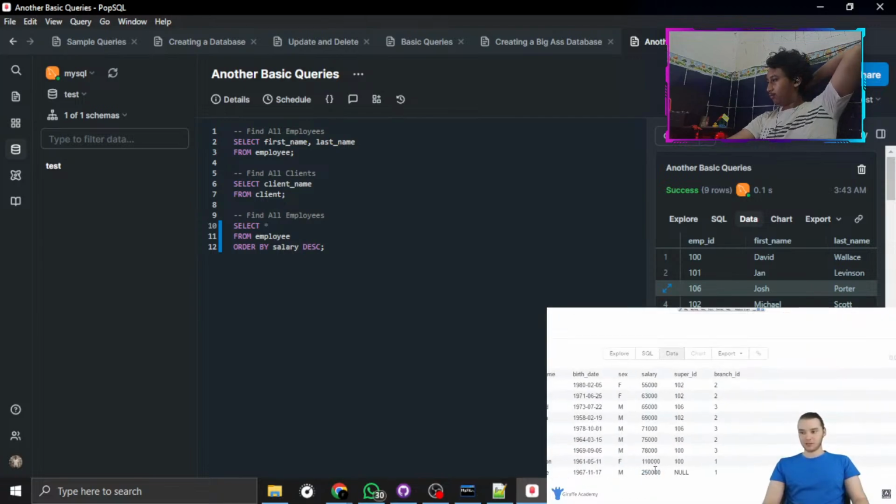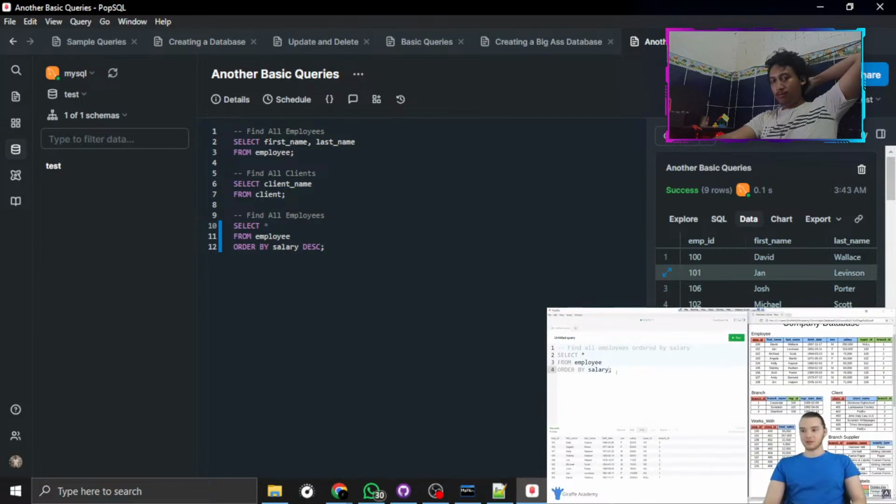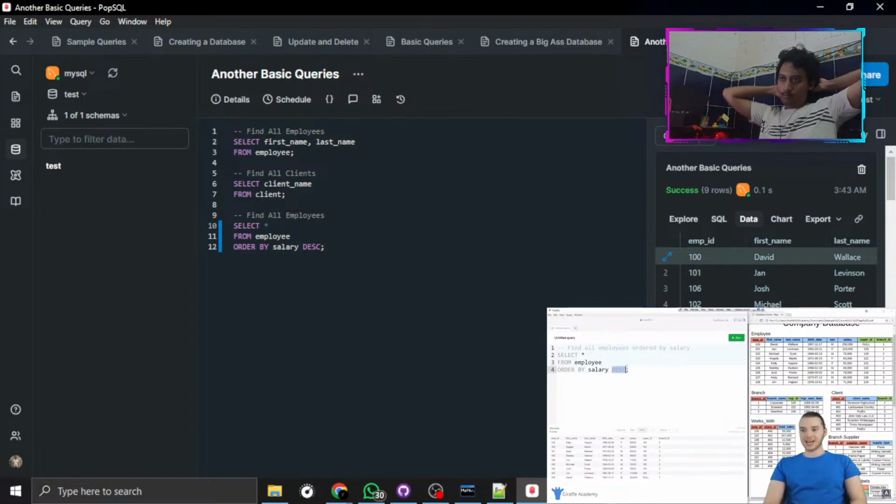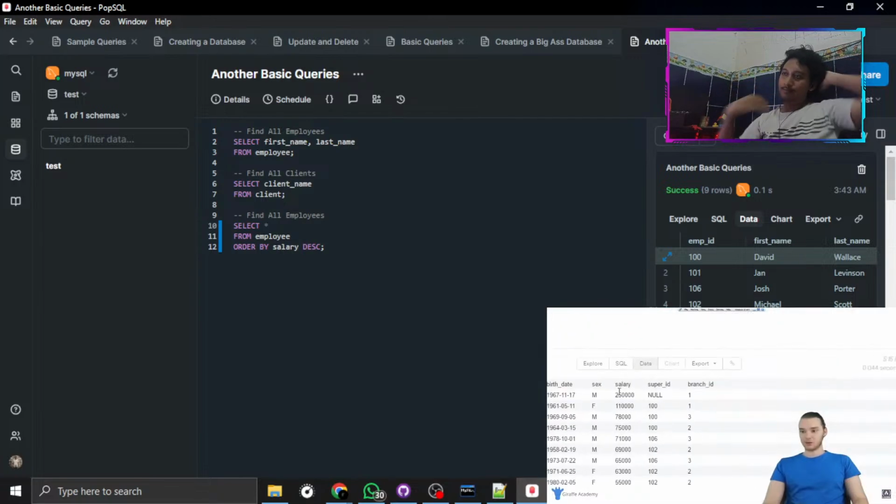So down here, this employee makes $250K a year, and it goes all the way down to $55K a year. Let's see if we can do this though. So the richest employee, or the employee that makes the most, starts. So we could say DESC for descending, and now this will list them all out in descending order. So the 250,000 guy starts up at